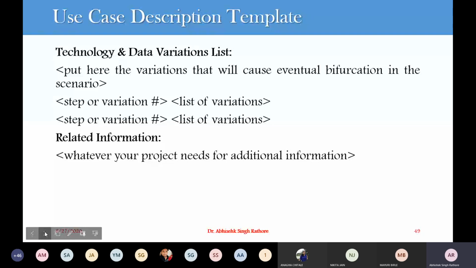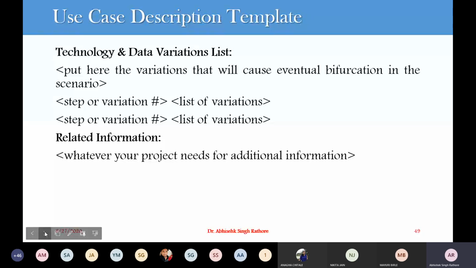In the earlier phases, the technology and data variation list are avoided. In the final step, or when you have a stable use case description, you can add the technology associated with these use cases.